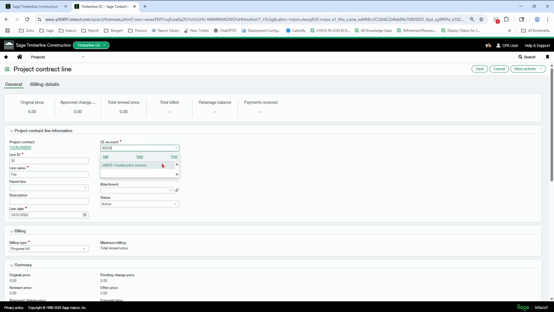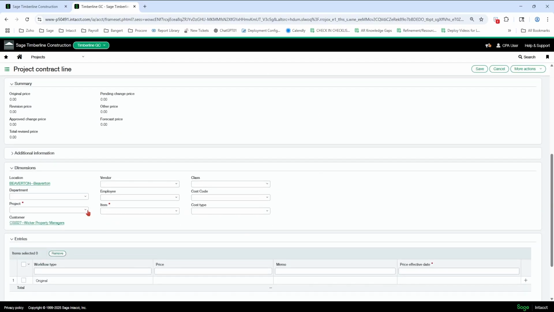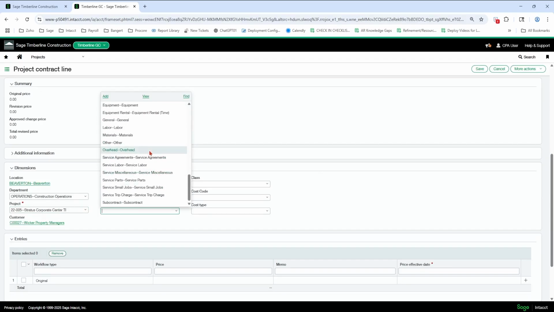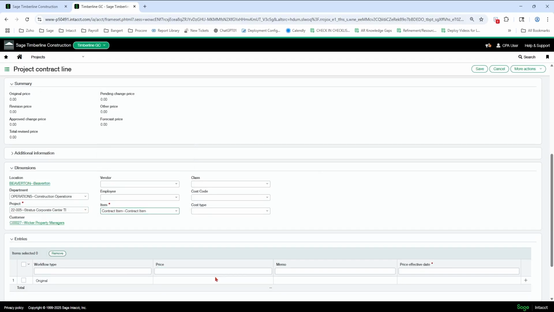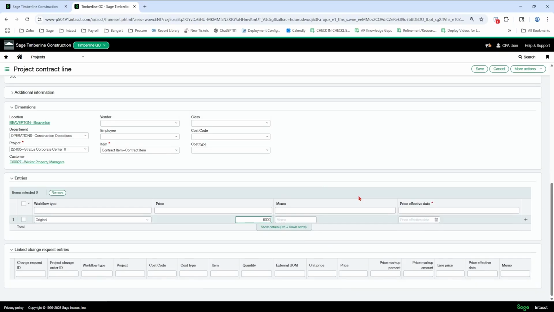There's one caveat to this. Once I get this filled out, you're going to want to know, you're going to do progress bill because you're going to type that fee in. There's no way the system can calculate it if you want to list it at the bottom. We're going to pick these. And let's say our fee is $60,000.